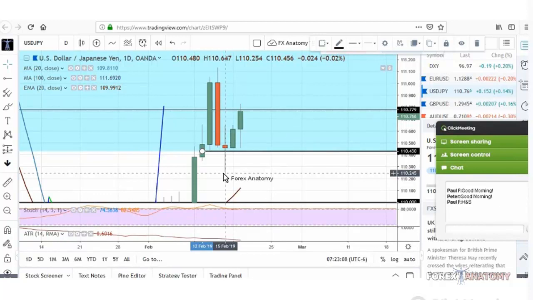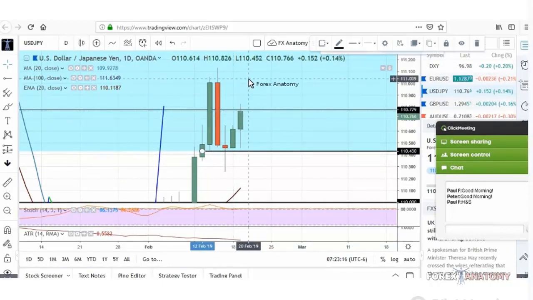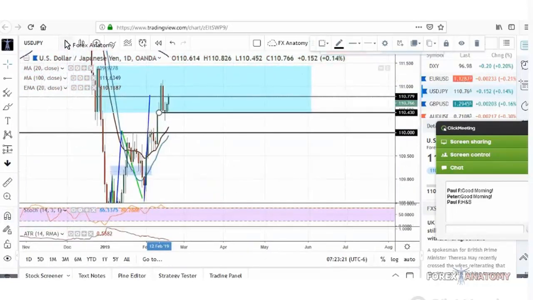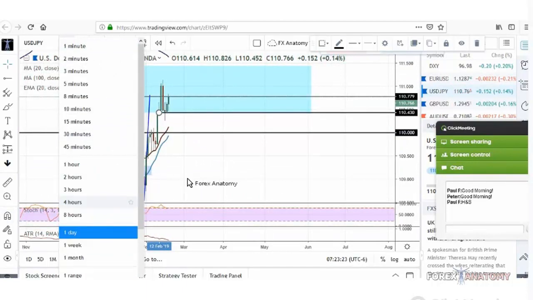But sometimes getting in early may not be the best thing to do. What we see right now is a nice, decent retracement in price, and price could push higher and even test these highs up here. We don't know. But what we want to see in this pair, if you go down to the 4-hour chart,